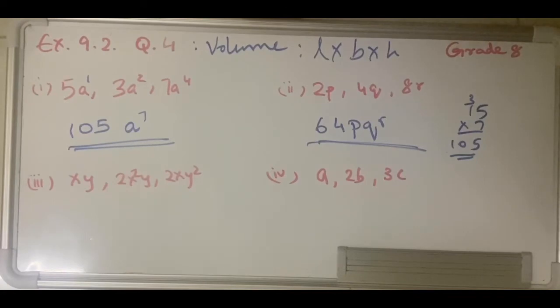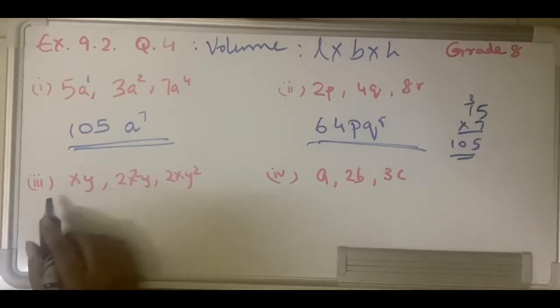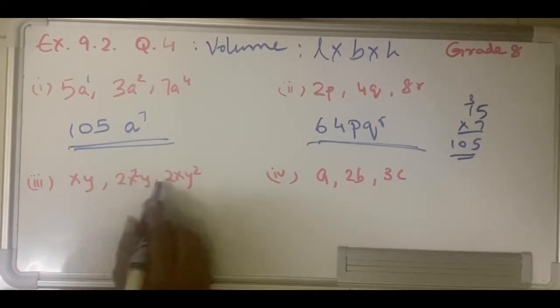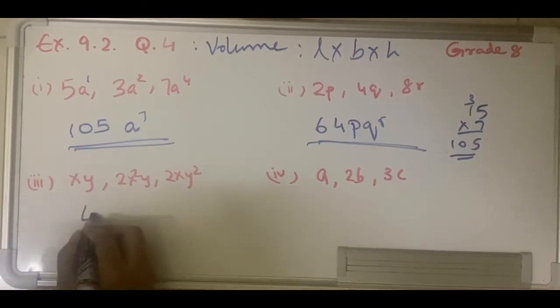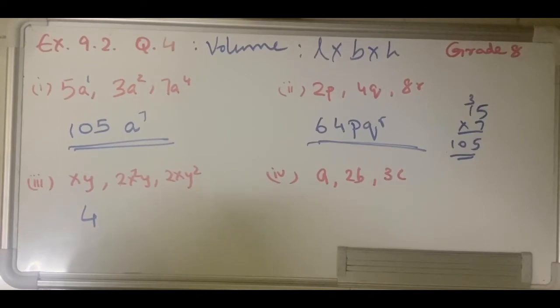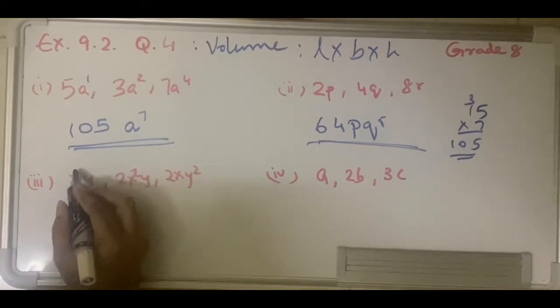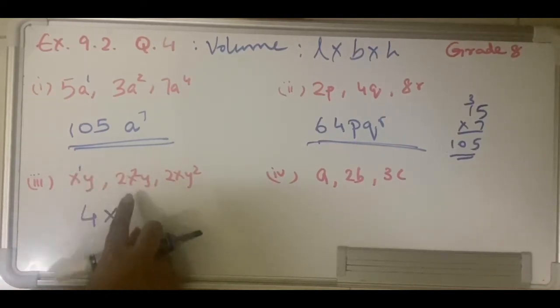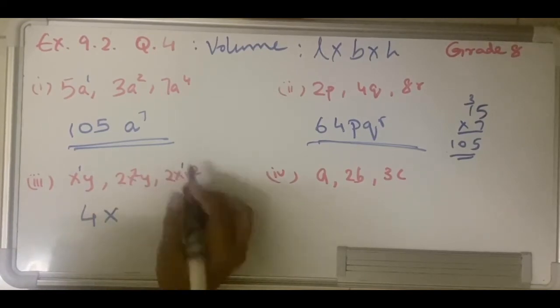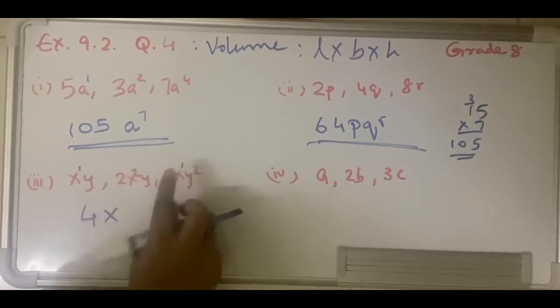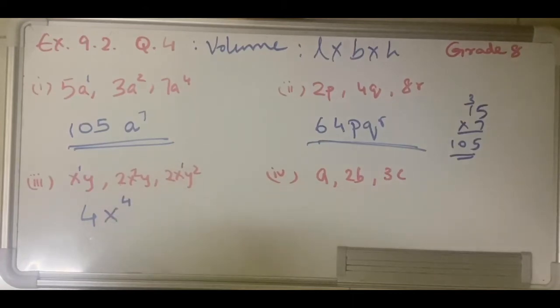Now, when I move on to third question here, okay, first I'll multiply numbers. So I have only 2 times 2, 4. Here there is no number, means it's 1. So basically 2 times 2, 4. Now x I have, right? X I have in all the 3 monomials. So let me solve x first. So x raised to 1 and 1 plus 2 would be 3. Again here it is 1. So 1 plus 2, 3. 3 plus 1, 4. So x raised to 4.